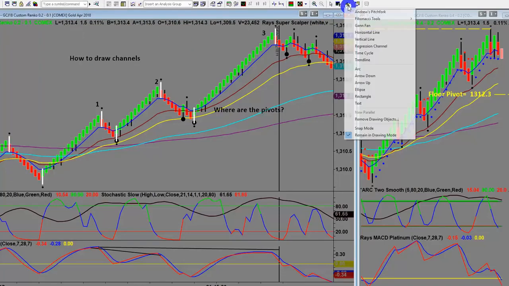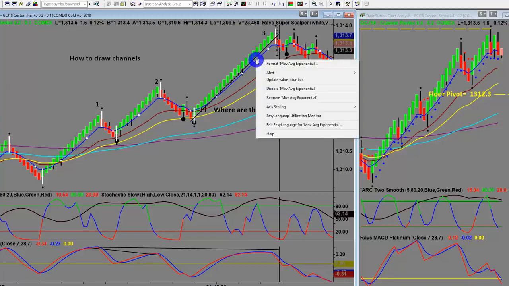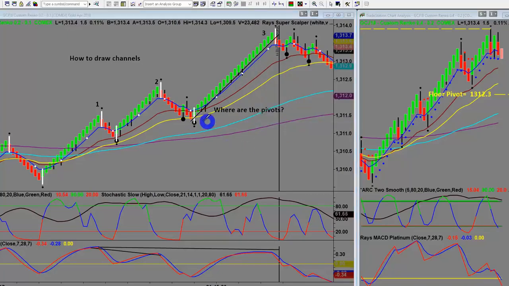Let me just show you this here, because this is what I mean by angulation. Notice that wedge between my EMAs. Notice how they're fanning apart. The EMAs are fanning apart. I'm getting angulation, right? I'm getting an angle away from the EMAs. This is a really good signal to me that I've got potential